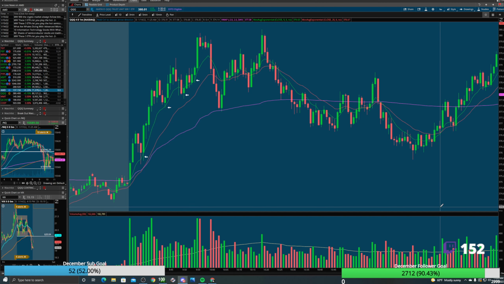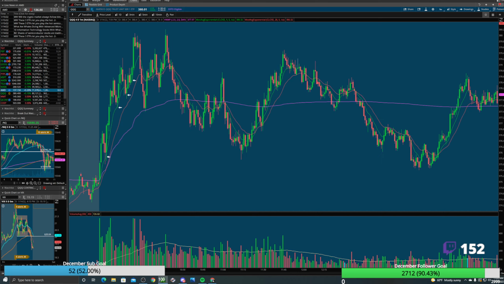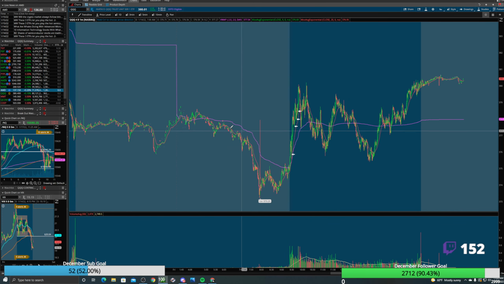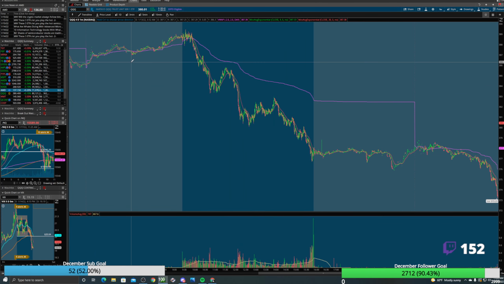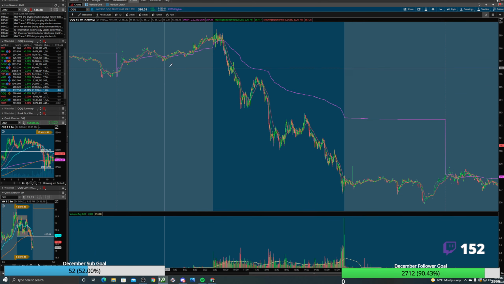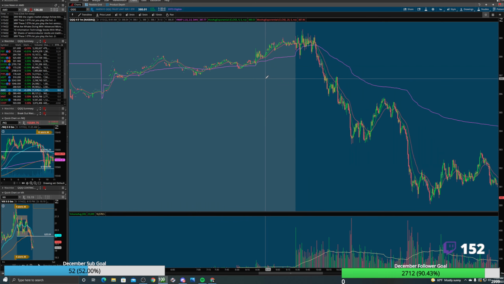Okay. I wanted to talk about break and base. Now, it's very subjective, okay? What break and base really does is, it doesn't really work on range days very often, but let's go to this trend day. What it allows you to do is, I have a few notes here, and it's a confirmation of